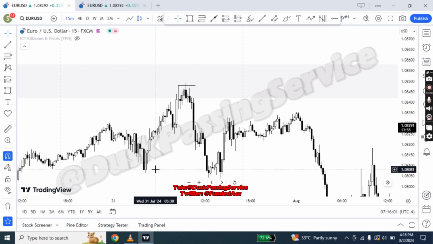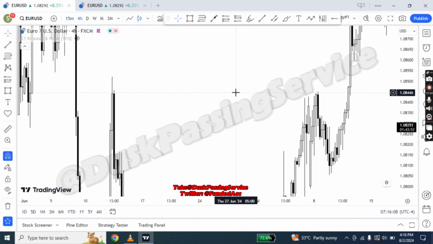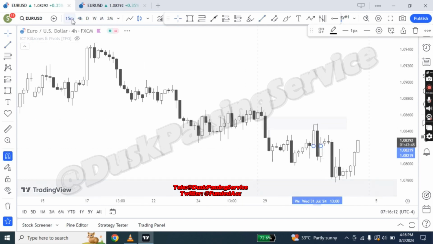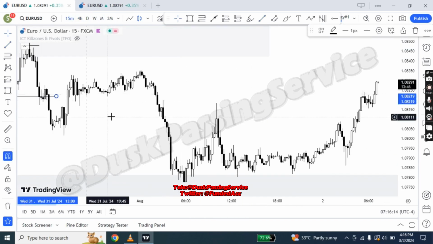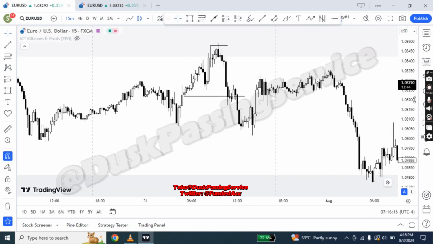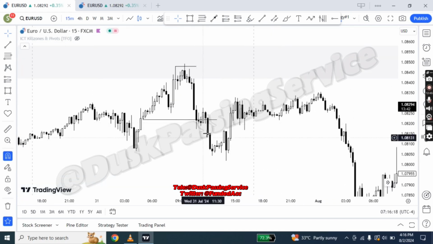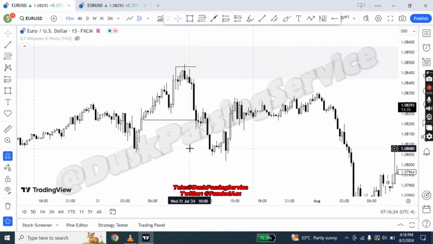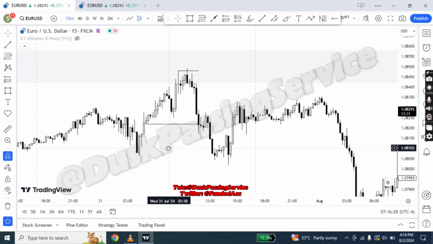Now my favorite ones are, first of all, the model 1 entry and the turtle soup advanced entry, right? Now the model 1 entry has a confirmation factor to it, whereas the turtle soup entry doesn't require any confirmation, right? So for most of you, you should just stick to model 1 entry, because that one has the confirmation factor to it, right? But once you get more advanced, you can trade the CRT based on the turtle soup